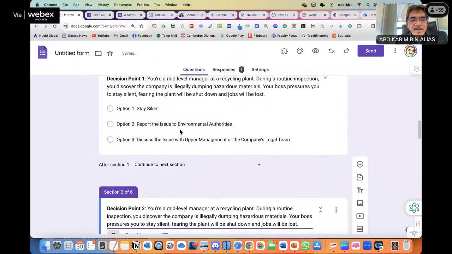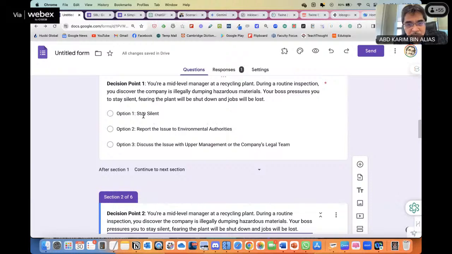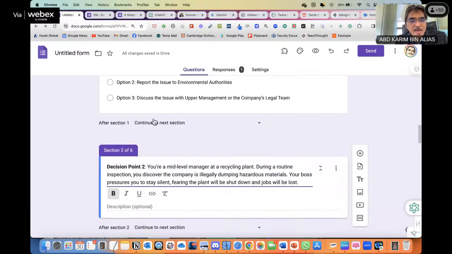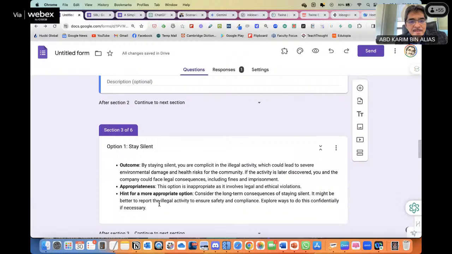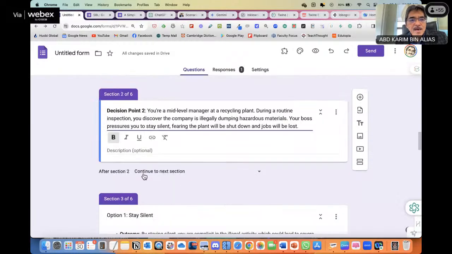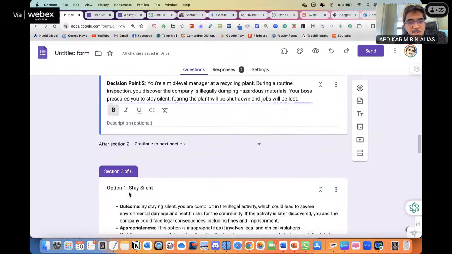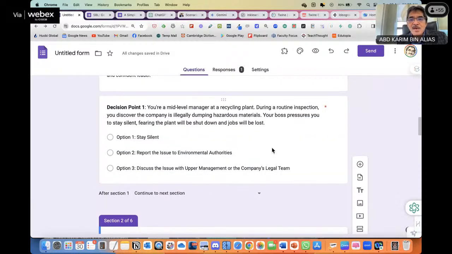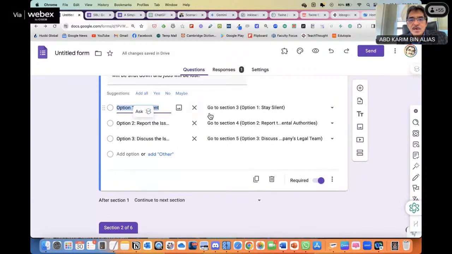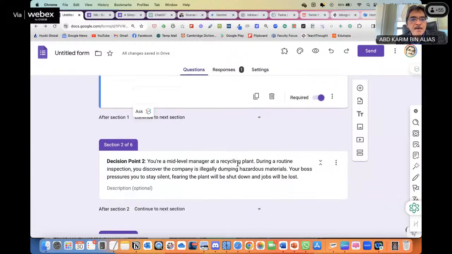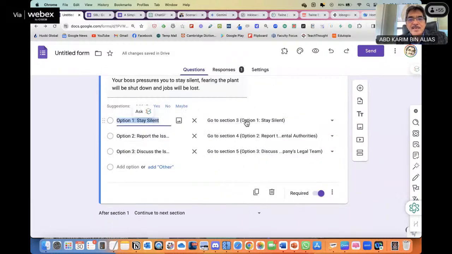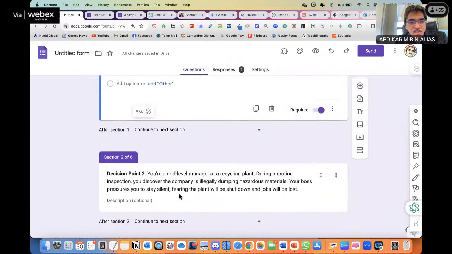Okay. Let's say option 1 will have a branch, it will lead to a second decision. So when the student clicks option 1, it will take them to this, and then we can say now this one becomes section 2, and option 1 becomes section 3. Just now option 1 became section 2, so we have to change here. In this case, we have to change the go to section, but they change automatically. Oh, okay, they update automatically when we add a new section just now.